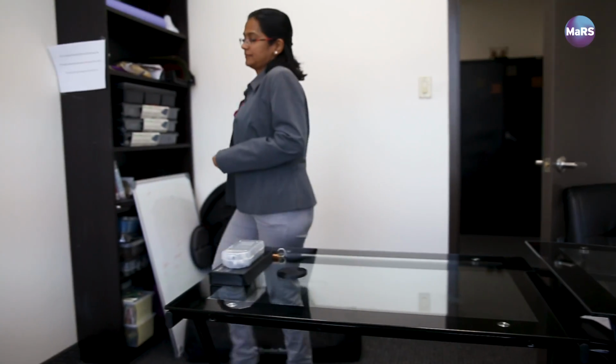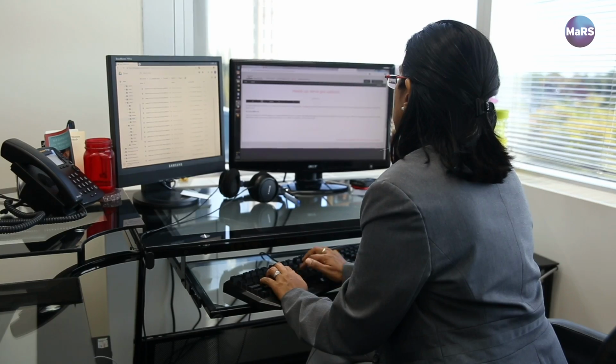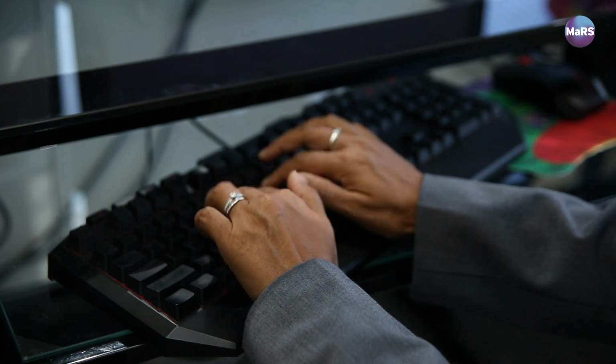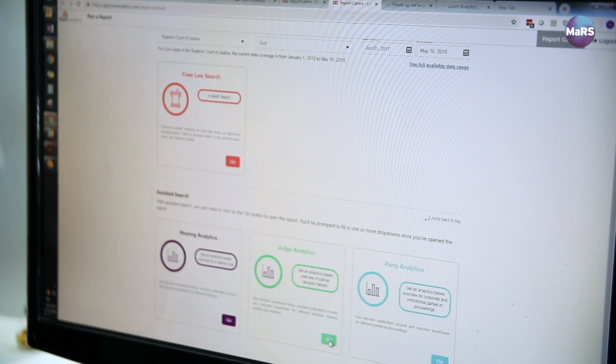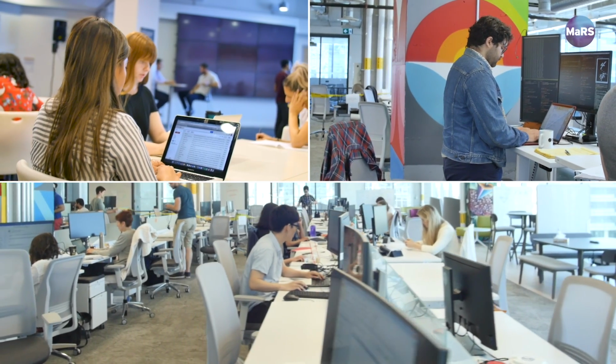I'm Datt. I'm the CEO of Loom Analytics. Loom Analytics is a court analytics product where we take Canadian court decisions, analyze the cases, and then apply an analytics layer to them so that our clientele, which is law firms and insurance companies, can actually see trends in court decisions, how a judge might rule, how lawyers fare in court, or what types of parties actually end up